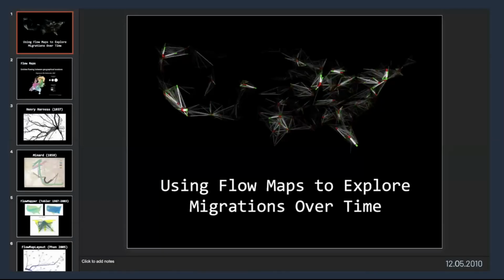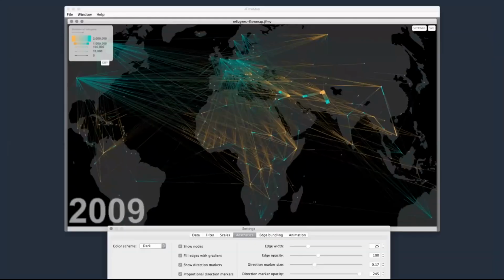It was my first conference where I presented my thesis work on flow maps, 12 years ago already. As part of this work, I developed a tool called JFlowmap and open sourced it, a Java application for visualizing flows on a map. It wasn't very pretty or user-friendly, but still quite many people tried to use it. That's why I understood that there was a demand for such a tool. There were not many tools allowing to do that.